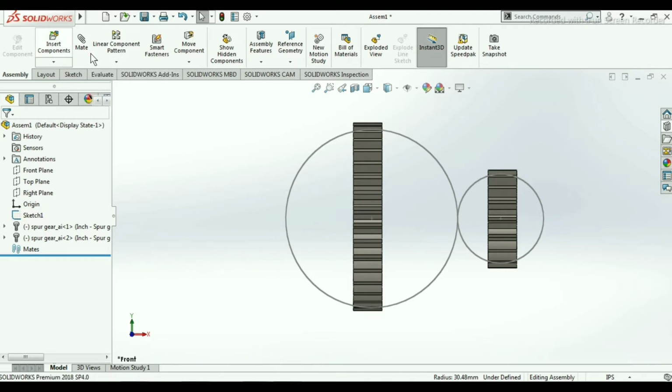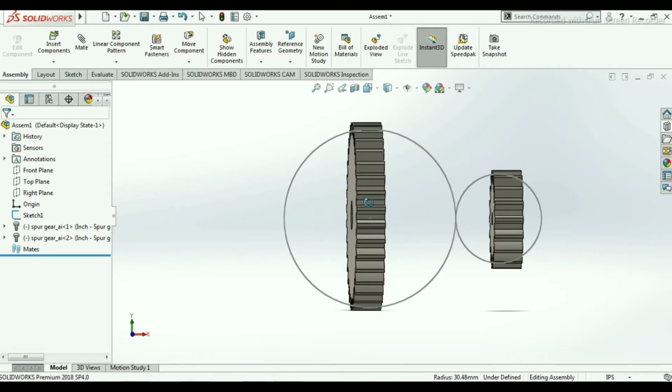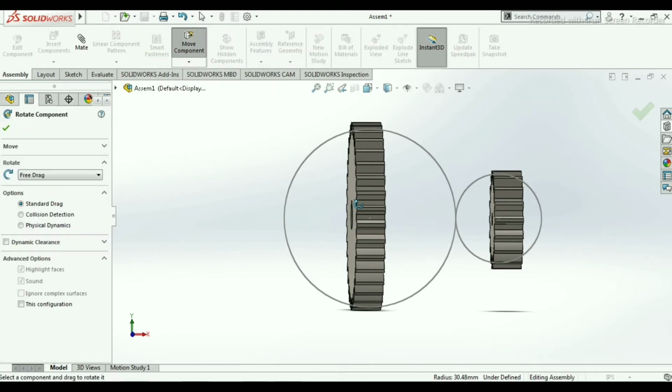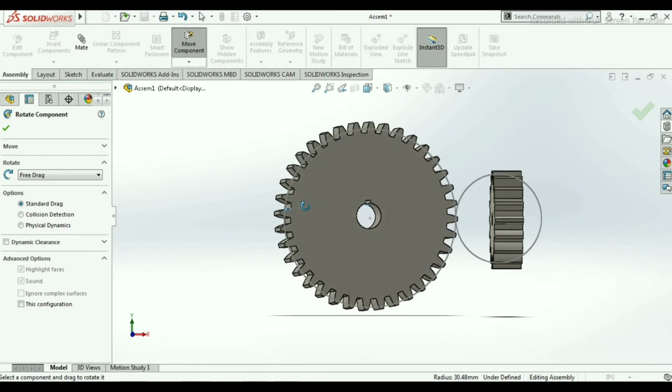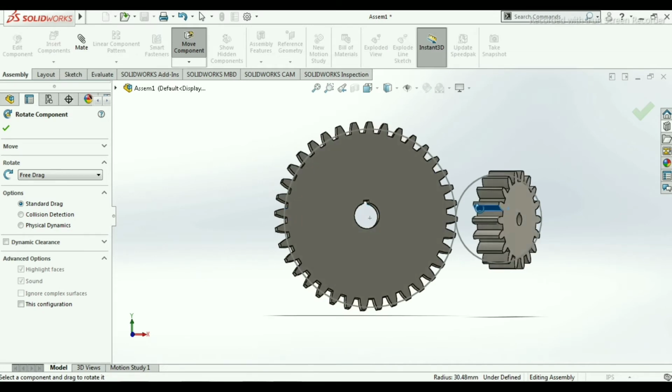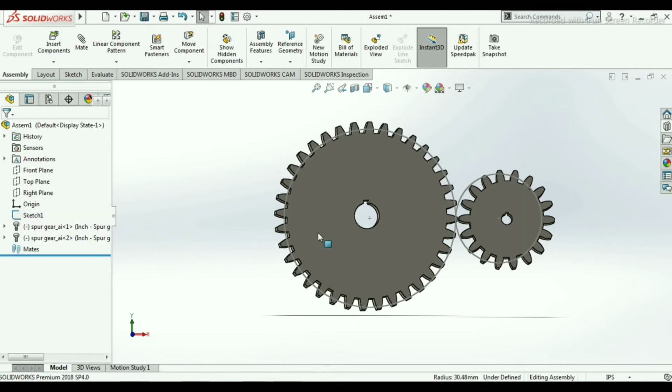Before this going for mate option, we will just arrange this. So if you click on this rotate, so I am just rotating this. In this way you have to rotate the component, and then click on OK.